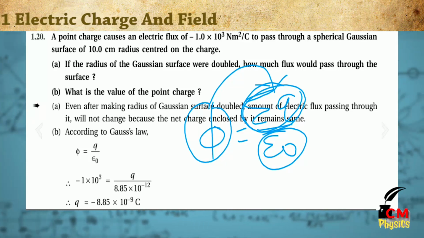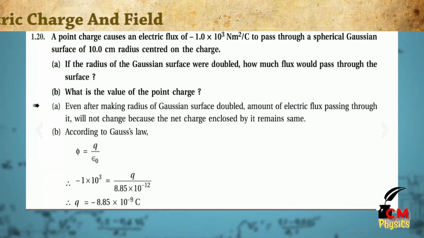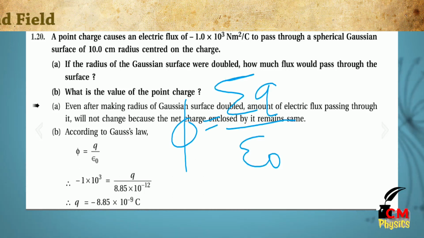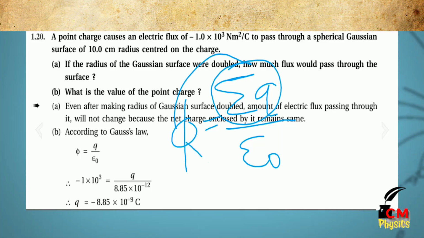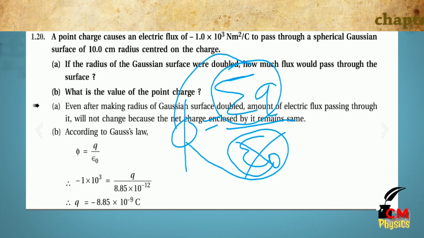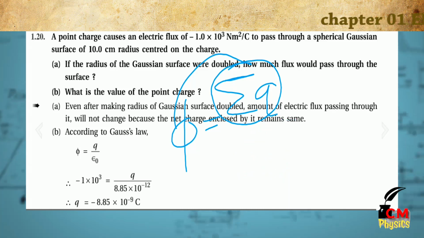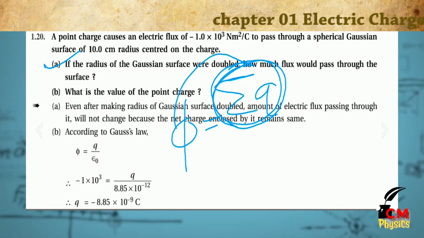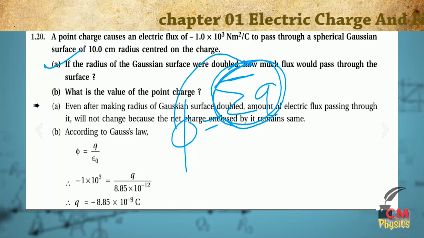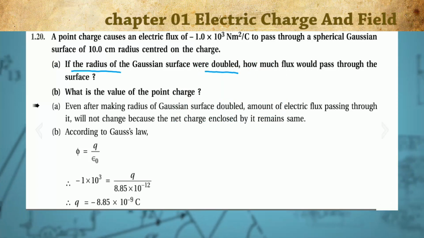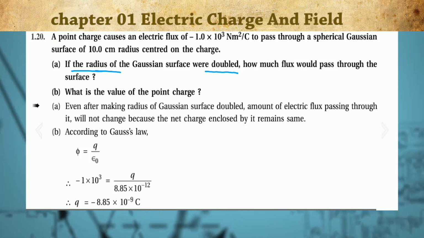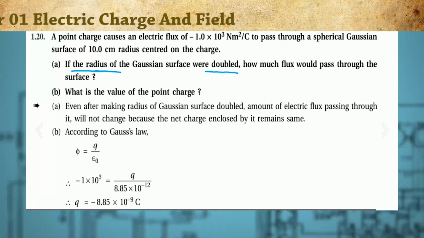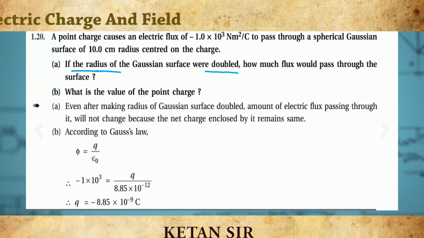Here there is no physical quantity in the formula related to the dimension of the Gaussian surface. Phi depends on sigma q as well as epsilon 0. Epsilon 0 is constant, therefore it does not change. In the current part of the question, we do not change the value of q, it remains fixed. We are just changing the radius of the Gaussian surface, and flux is independent of the shape and size of the Gaussian surface, therefore flux does not change